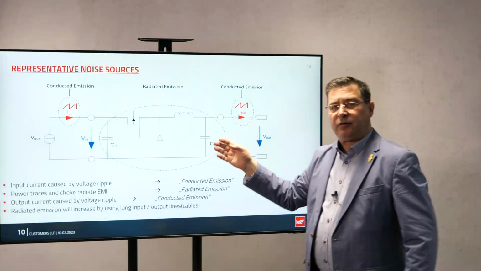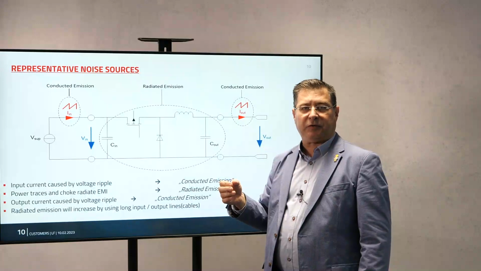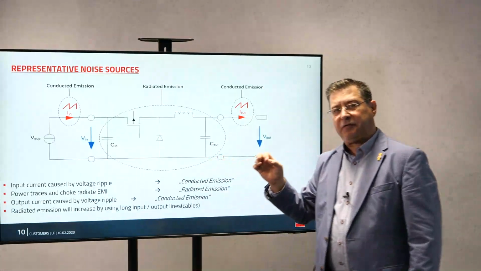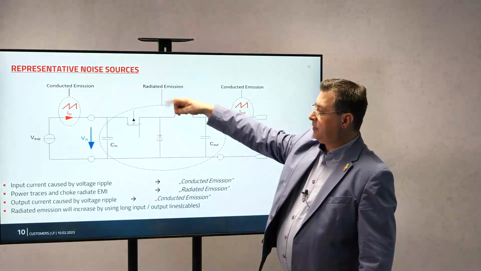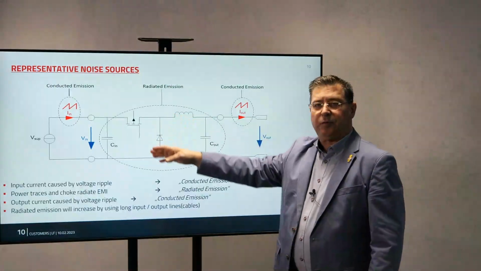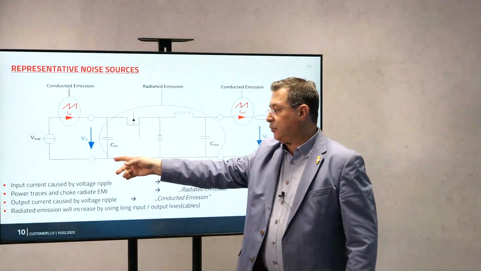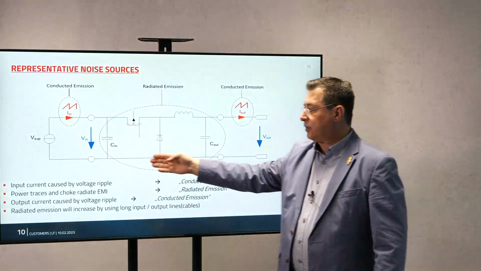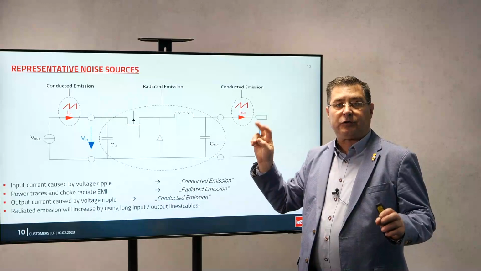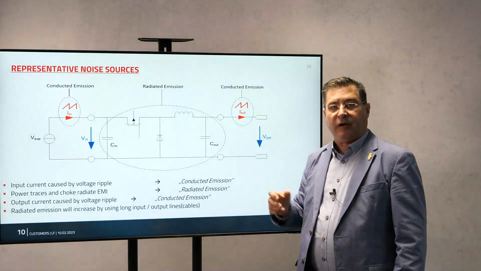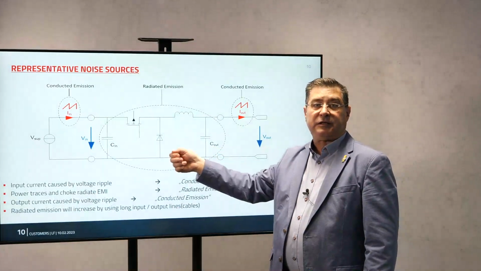The designer, who is also maybe sometimes a radio amateur, or you build something with antennas, you very, very fast realize these two capacitors with the switching in the middle, actually you build here something like a dipole antenna. You have the capacitor and you have this wire here, and this is the connection from input capacity to output capacity, the noise source of your DC-DC converter. If you take a near field probe and you go to this area, you will see